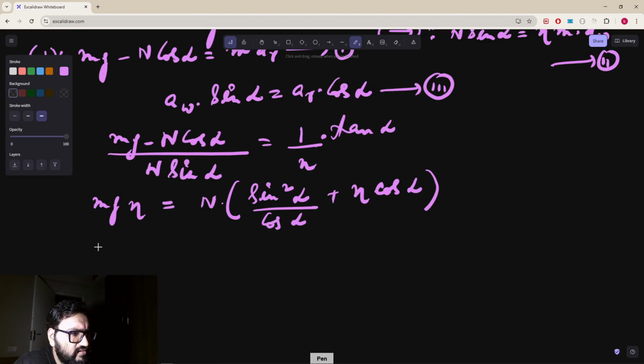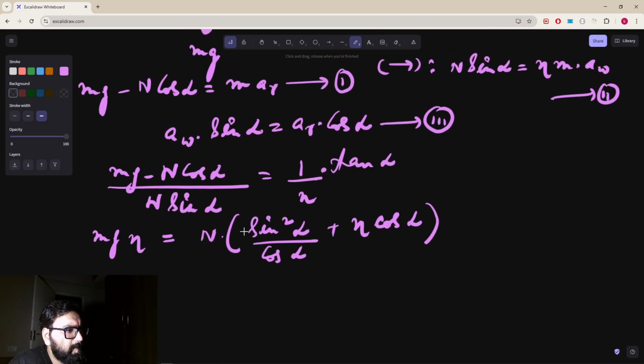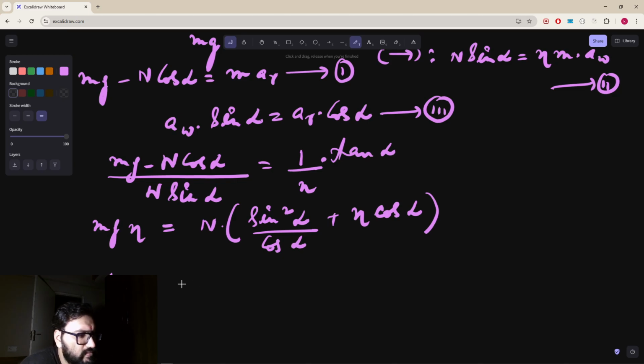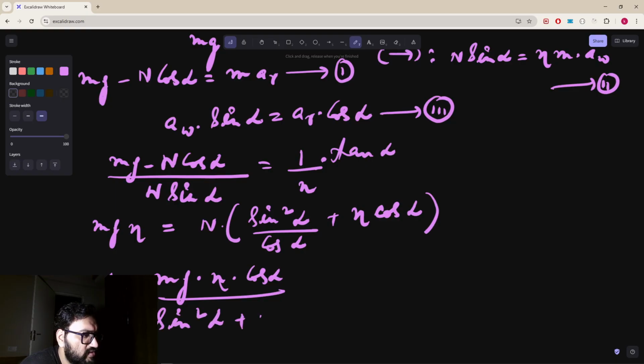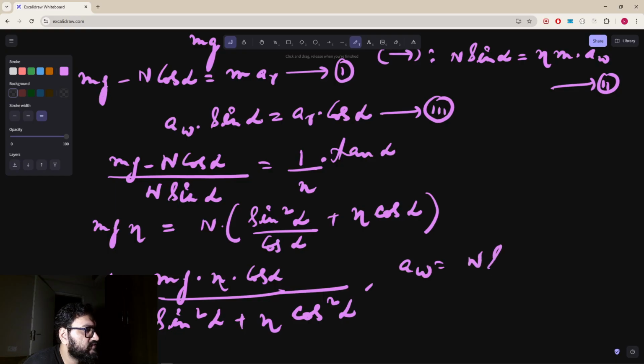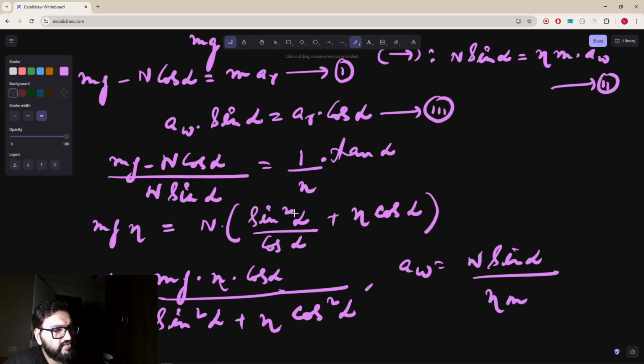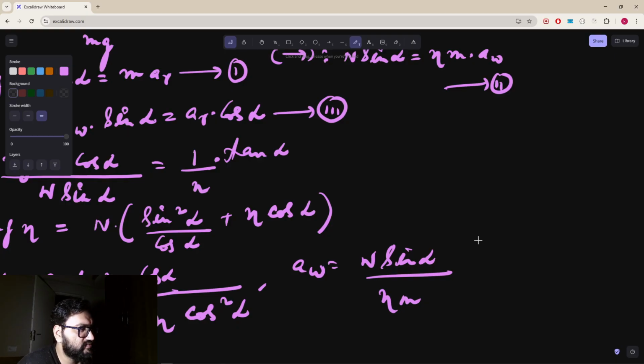N will be nothing else but mg times eta into cos of alpha divided by sine square alpha plus eta times cos square alpha. Okay. Now if I've got the value of N, I can get the value of AW as N sine of alpha divided by eta times m. So that gives me the value of AW as